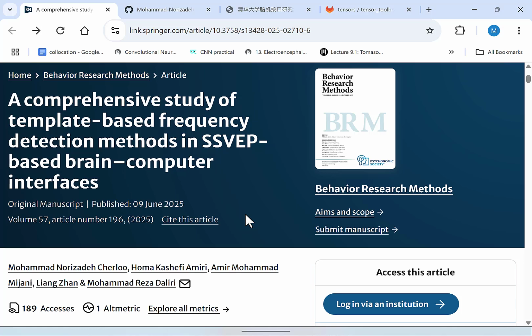In this paper, we provided a clear description for each method, what is their goal or how they detect SSVEP frequency, and also we provided a clear flowchart that helps researchers to implement each method. Furthermore, we provided a MATLAB code for each method, so you can easily use this code or customize this code